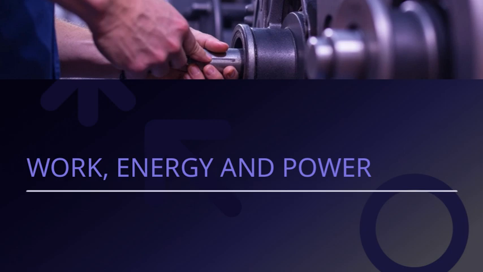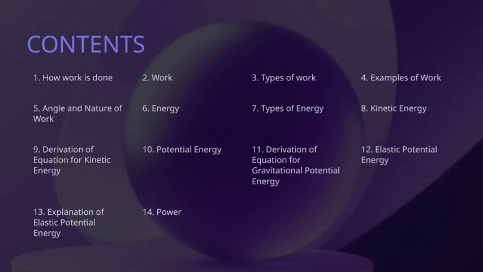Let's get started. Let's start by understanding how work is done. Work occurs when a force is applied to an object, causing it to move or change in some way. This concept is fundamental because it links force and motion directly. Moving on, we see different types of work, such as work done by gravity or by applied forces, each with